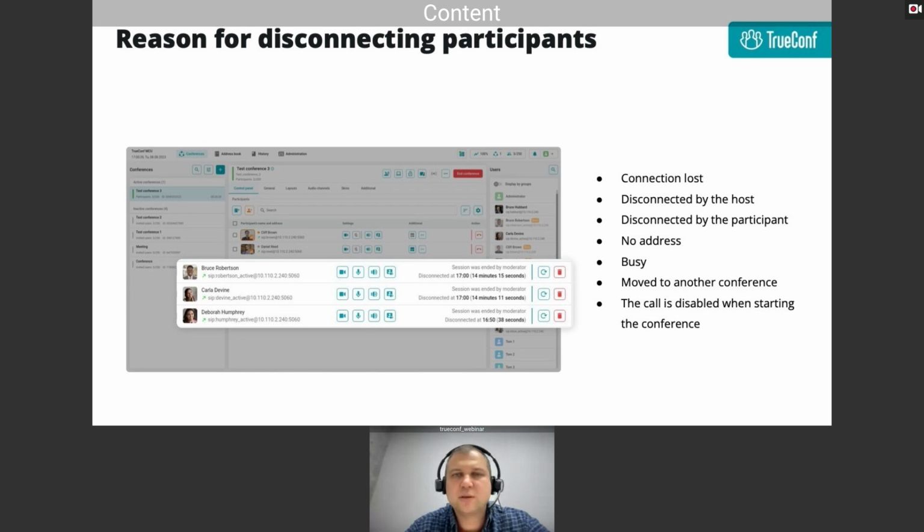Whether it was intended action, whether it was a kind of network timeout, so we had some connectivity issues, or maybe it was disconnected by moderator, by operator of the conference. So now you have that information. You don't need to go to the report sections. You don't need to open log files. You can see it where you need it, where you control the conference inside your dashboard of the ongoing conference,